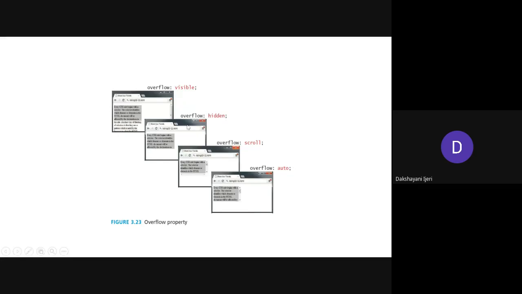Coming to the next option for the overflow property, if you do not want the content that is overflowing with respect to the background that you have set, you can hide it by using the hidden value for the overflow property. So this is going to show you in this way. It is only going to show the content that fits into the background that you have set, right? In case you want the content beyond the background to be hidden, and to be visible when the user scrolls with the help of the scroll bar, that can also be done by using the overflow property with the scroll value here.